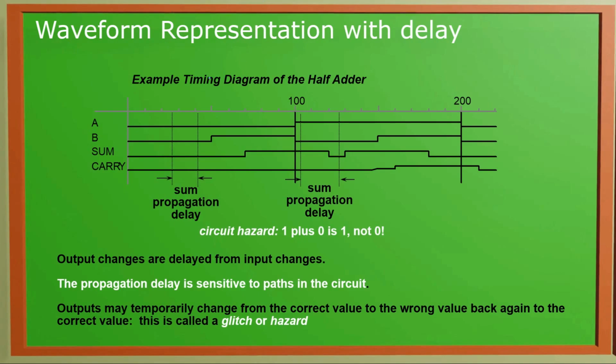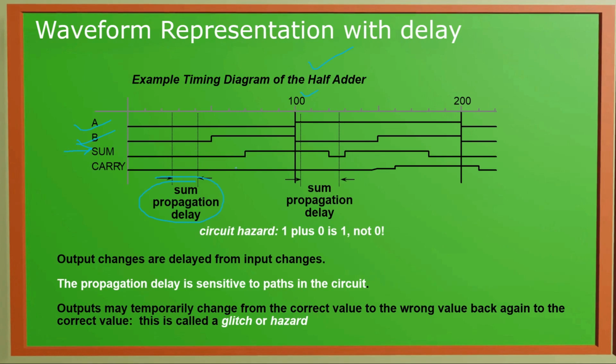Suppose this is another example where we are considering the time diagram of a half adder. In a half adder, we have two inputs, say A and B, and we get some output in the form of sum and carry. If we concentrate on sum, the first part may involve propagation delay. Say we give the timestamps as 100, 200, like that. It may be say 100 nanoseconds. After 100 nanoseconds, there is one group of inputs and outputs, and after that again the delay is getting added.